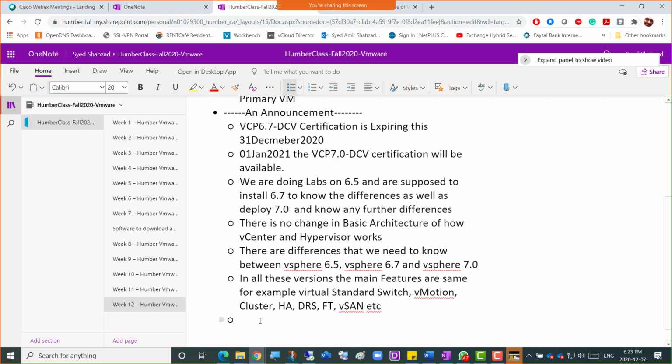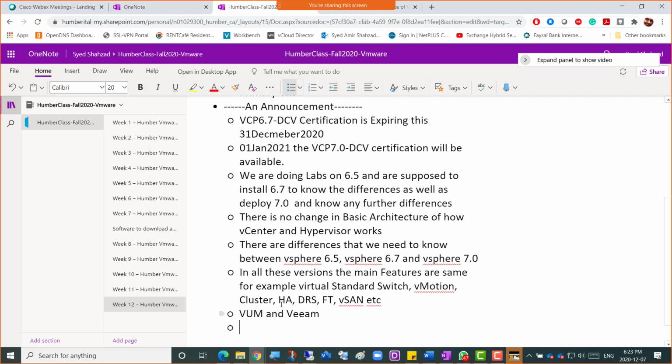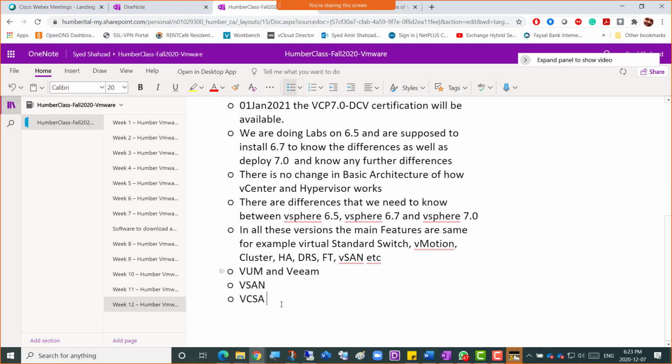And let's go ahead, guys. Some of the critical features there are VUM and Veeam, and then there is vSAN as well, then there is VCSA 7.0, right? So in that, what are VUM and Veeam?